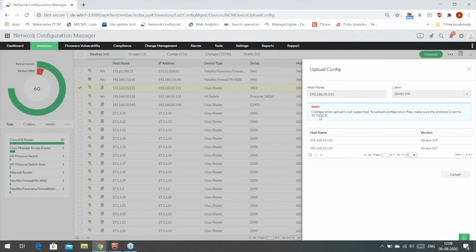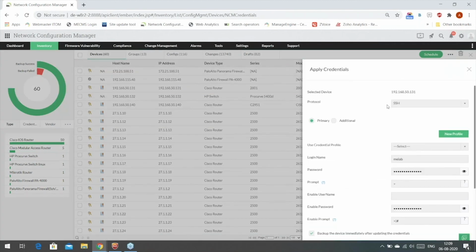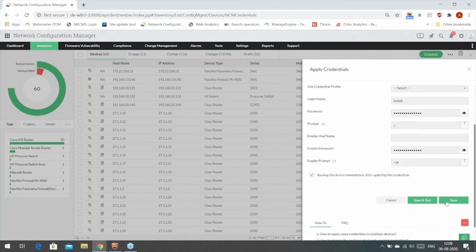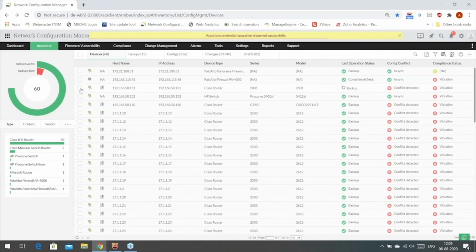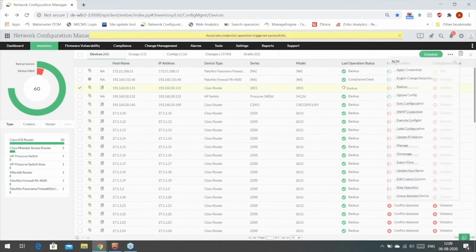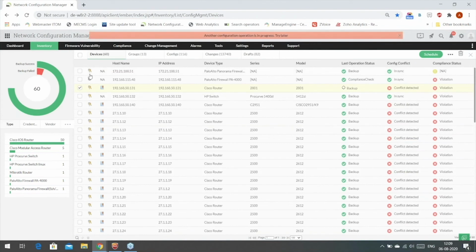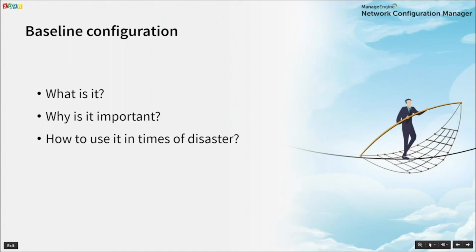does not support a file transfer or a file upload, NCM does not allow you to upload the baseline configuration version, but you can go and change this in the credentials, change a protocol that supports file transfer like the Telnet TFTP or SSH SCP TFTP protocol. So you can select one of these, and you can go back to NCM, the NCM inventory, and once you click on the upload configuration, now you'll be able to upload the baseline configuration back into the device. So any kind of network disaster due to a configuration change can immediately be reverted.